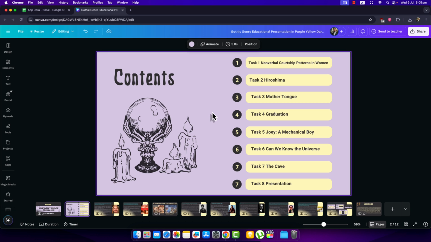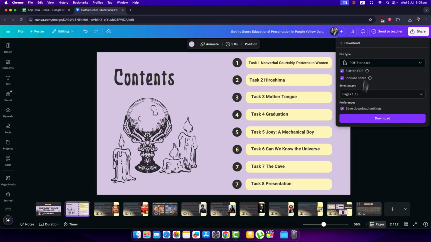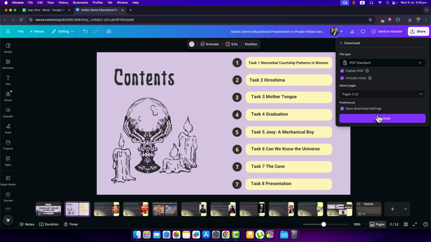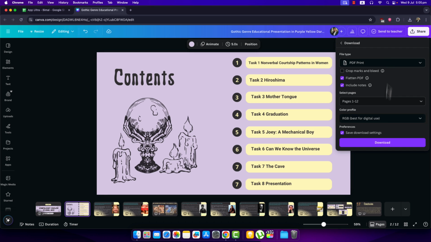So once done, whenever you're trying to download it, you would normally click the share icon from the top right, select the option called download, and select the option called PDF standard. Then once done, you would be able to click on this download button. But if you want to go ahead and reduce the file size, what you can do is, instead